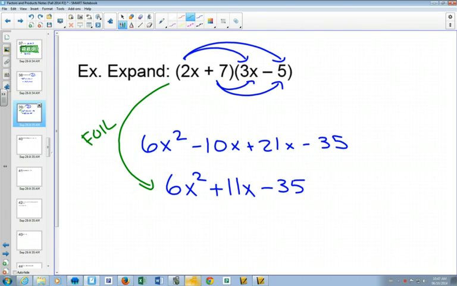you'd say we're distributing. What's going to come tomorrow is, and you can think about it, can you come up with a technique if I gave you this? Going backwards is going to be called factoring. And that's much more difficult. If I gave you 6x squared plus 11x minus 35, could you come up with 2x plus 7 and 3x minus 5? It gets a little tricky, but see if you can come up with a technique that would make